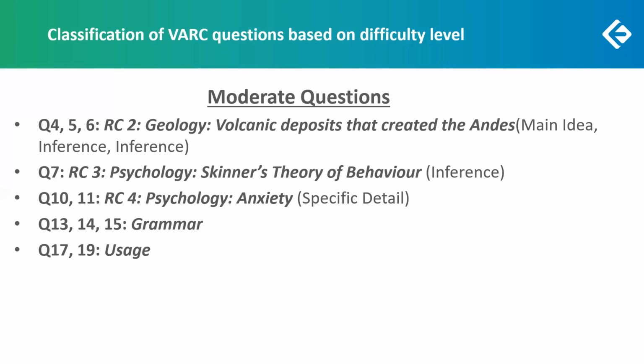3 of the grammar questions, the 2 error detection questions, as well as the 1 sentence correction question, can all be considered moderate, because all you needed was a fair understanding of the basic concepts of subject-verb agreement or articles or tense or noun-pronoun agreement in order to identify the errors. They were not difficult. You just needed to carefully read every sentence and look for the typical expected correct structures. So you just had to do an application of the rules there.